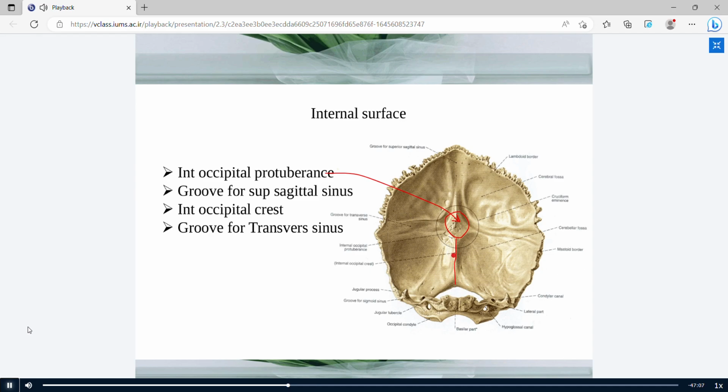This is the internal occipital crest. Lateral to the internal occipital protuberance, there is a groove for the transverse sinus. This is the groove for the transverse sinus, and superior to the internal occipital protuberance, there is the